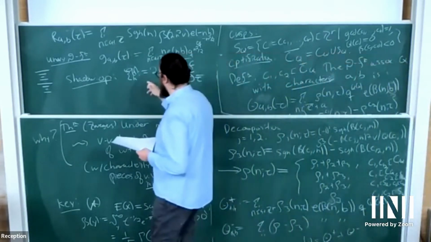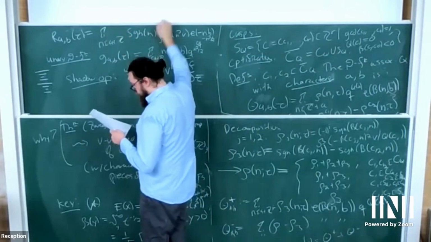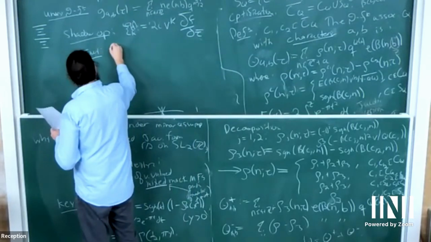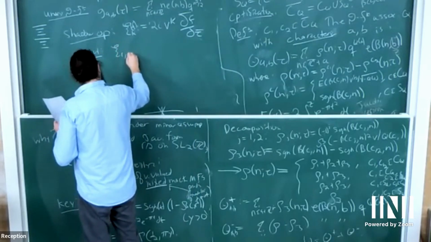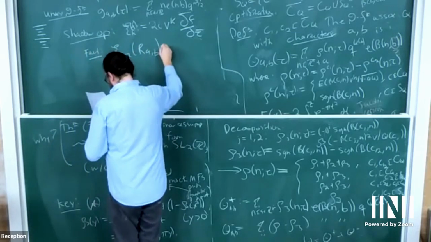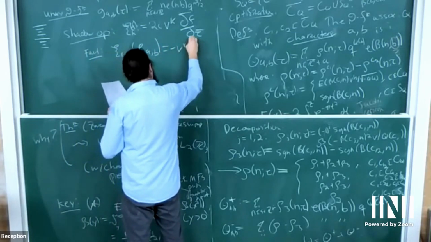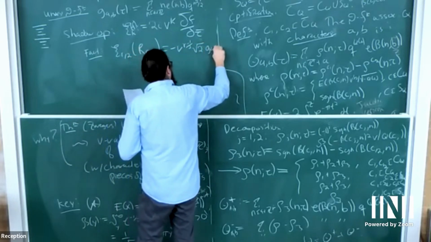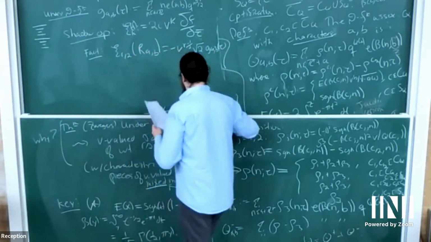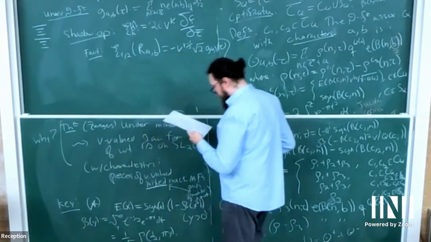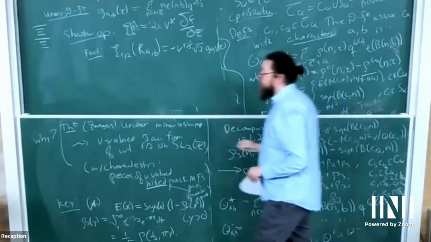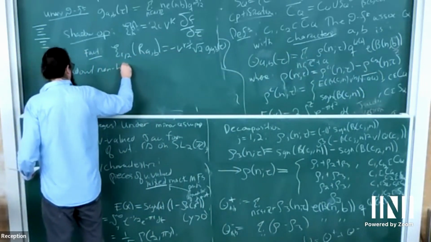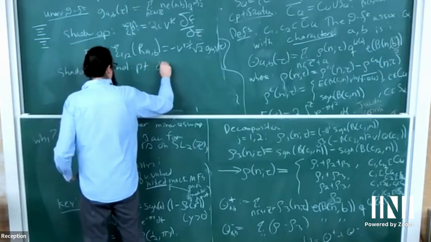Basically, the point is that if I apply the shadow operator to the R's, I get the G's. So the shadow operator of weight R over 2 applied to R_AB, again, this is all in the thesis, is minus B to the R minus 1 over 2, times square root of 2, whatever, times G_AB. And the shadow, the non-holomorphic parts are determined